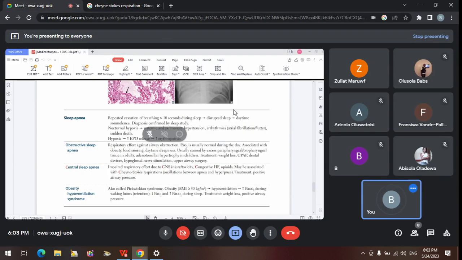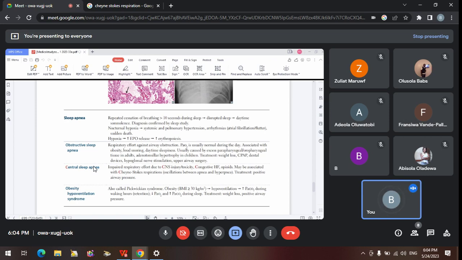Don't worry, guys. So Cheyne-Stokes respiration is just a period of hyperactivity, then a period of no activity of the respiratory system. Hyperactivity of the respiratory system alternating with a period of no activity, that is apnea. Then again there will be hyperactivity, again no activity. Instead of normal tidal respiration, breathing in, breathing out, here after some minutes you are apneic, the person is not breathing, then subsequently the person hyperventilates. The person stops breathing again, hyperventilates, stops breathing.